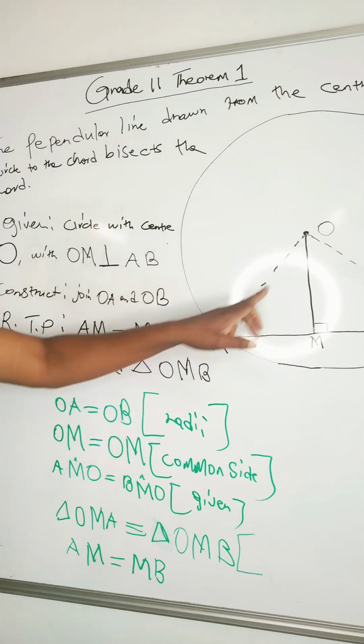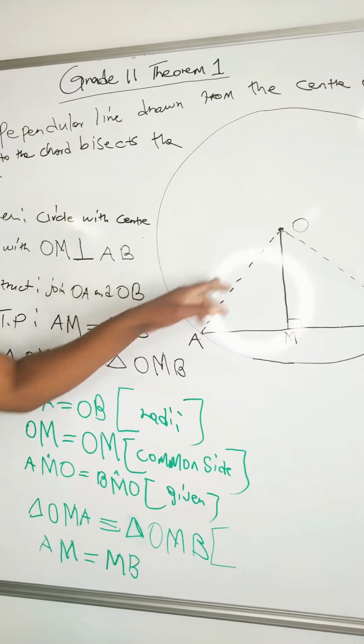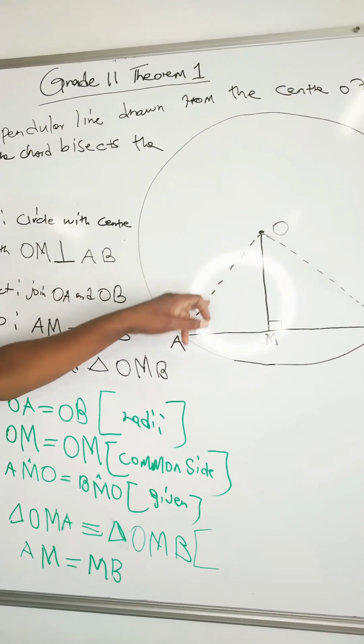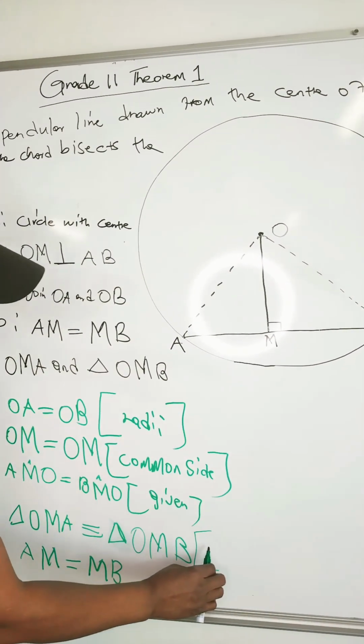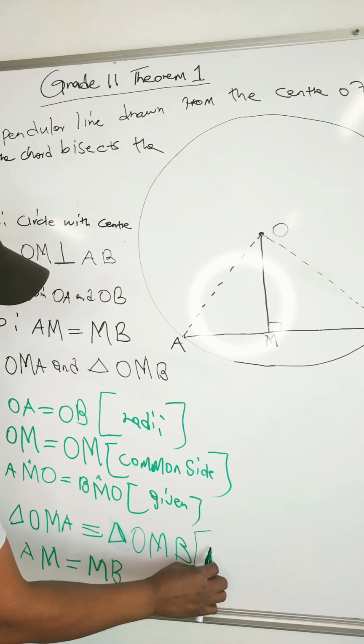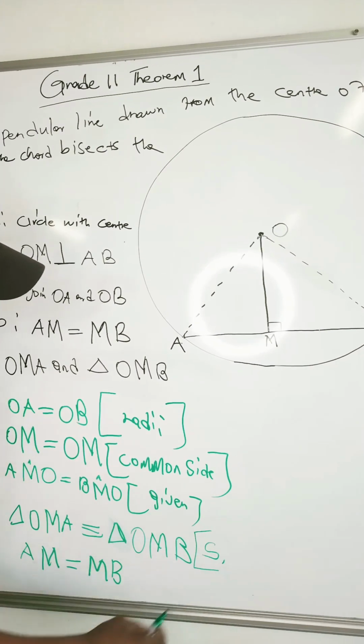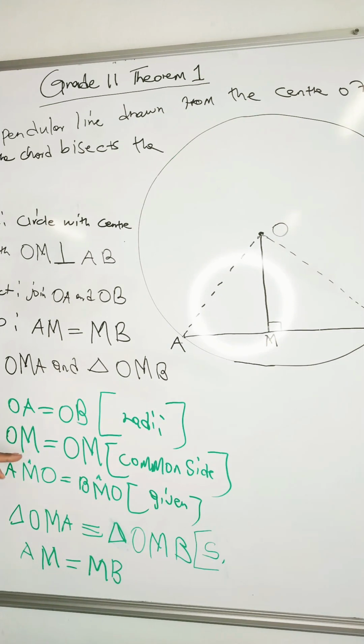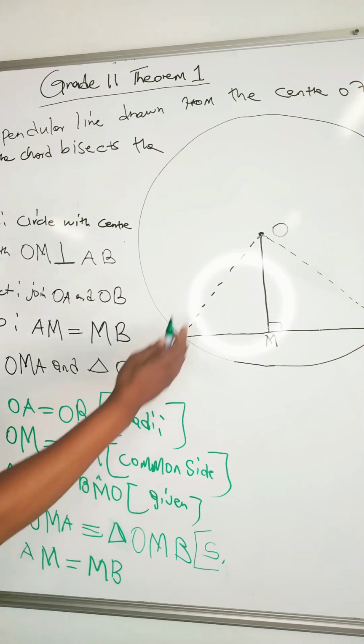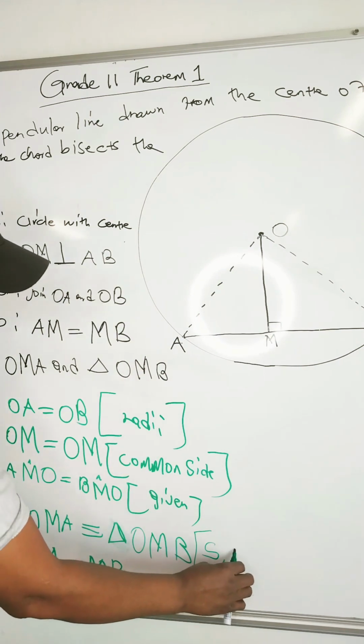If you check OA and OB, these are sides, right? These are sides, so it means we are going to write as side. OM and OM are sides as well. You can write as side,